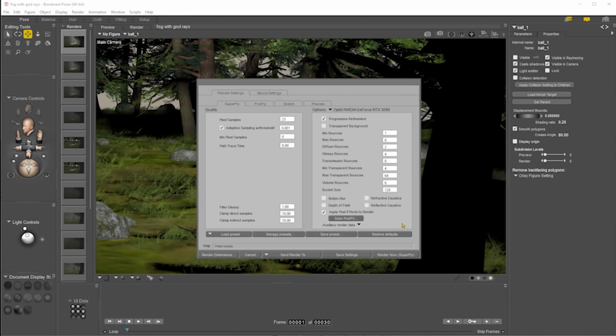And I also have my bucket size here, which is the number of pixels by the number of pixels. So it's 128 pixels across by 128 deep is the size it renders. Really, I should have that over 1,000, but I'm not going to bother. Well, let's do it now. Let's do 1,000 because I know my GPU can cope with it. And then when I render that,